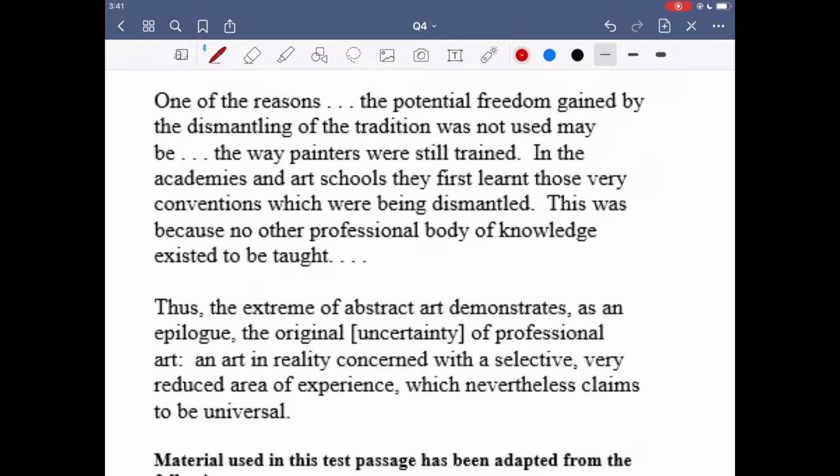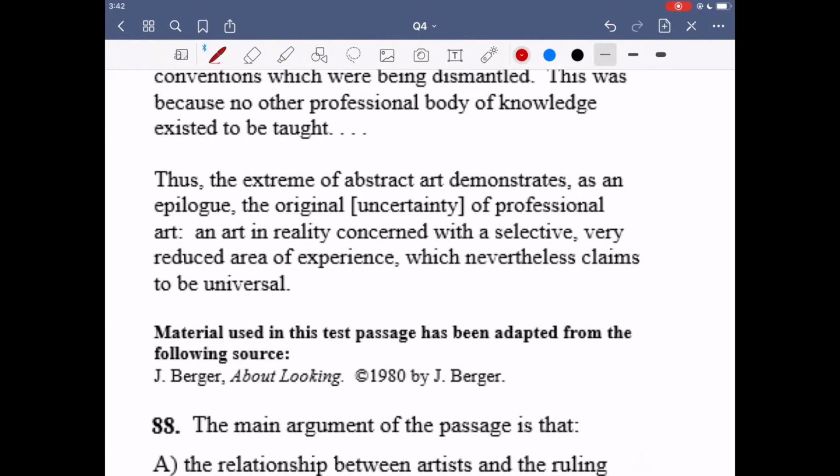So, moving forward a bit in time, the author is saying, even though some things were being dismantled, there isn't so much the ruling class now controlling painting, and other people, to whom paintings mean nothing, will destroy them. Now paintings do reflect things which people can relate to regardless of their class. So even lower classes have paintings which they can relate to, but there's still difficulty for painters to paint those subjects, because even though those things are being dismantled, that way of thinking, the way that painters learn is through professional schools, and those are still teaching you values of the upper class.